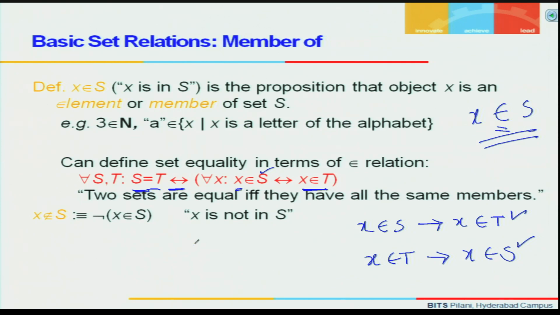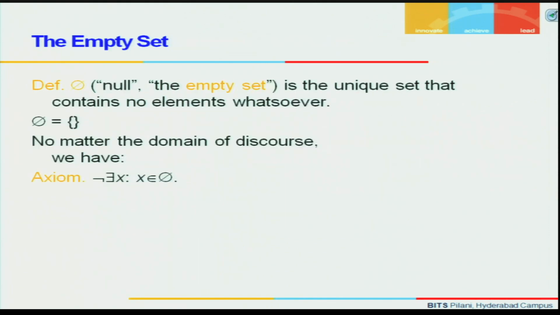When x, this particular notation says that x does not belong to S. This is just a notation. When we say that this element is not part of this set, notationally we will write like this. And the null set is the unique set that contains no element whatsoever. It is a set, but it does not contain any elements. And this is an axiom. I told you now that any theory will have some set of axioms, and based on the axioms you are going to prove some